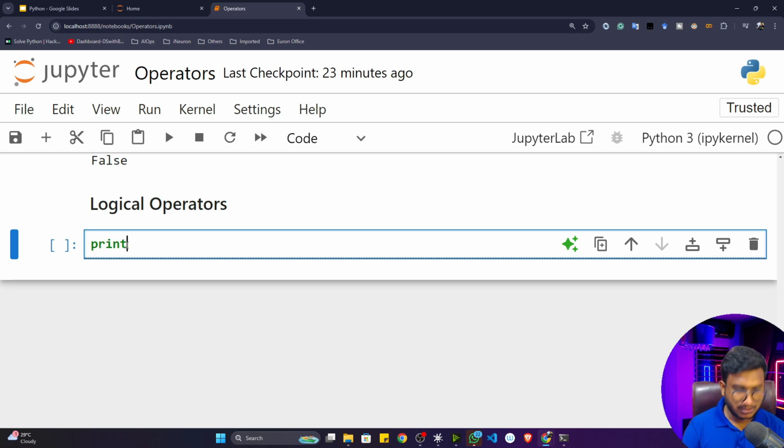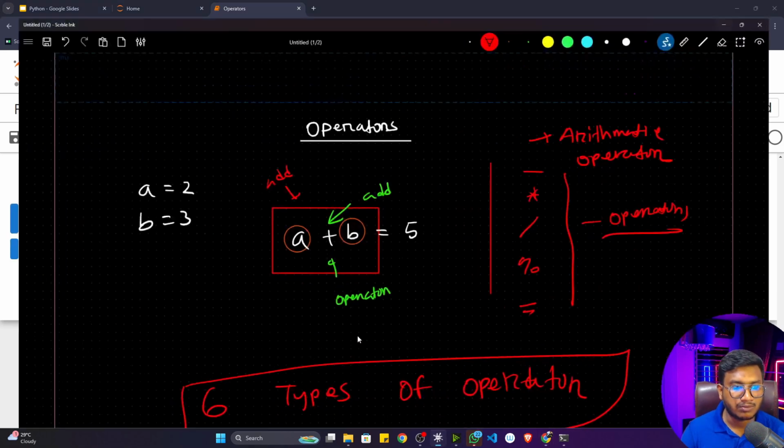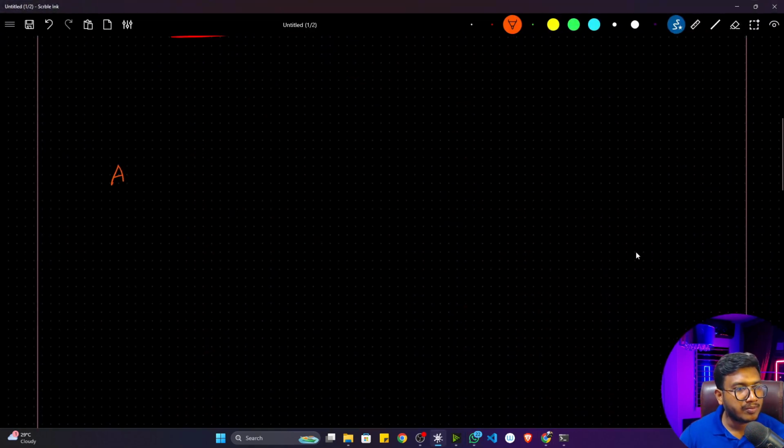Let's say I'm writing this particular statement, 1 and 0. Now just tell me what will be the output here. If I execute this particular program, what will be the output? If I execute, it would be 0. Why? Because I think you already know what AND is. I think you remember this AND